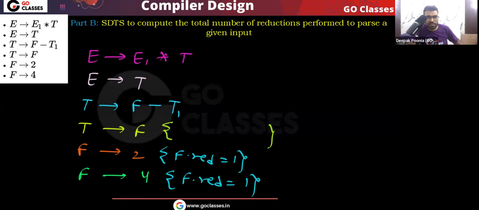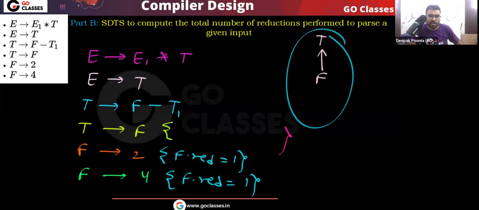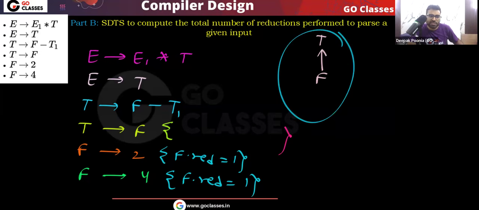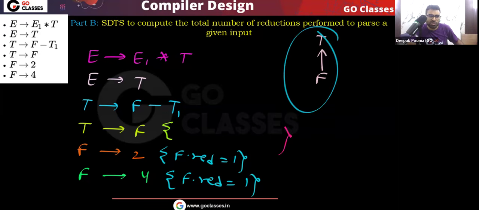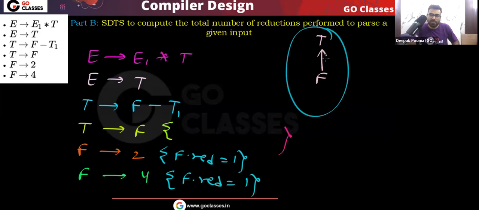You can see, very simple question I'm asking. When this f reduces to t, then total how many reductions will be there? I am asking total how many reductions will be there when f is reducing to t. What is the total number of reductions? I am asking total number of reductions